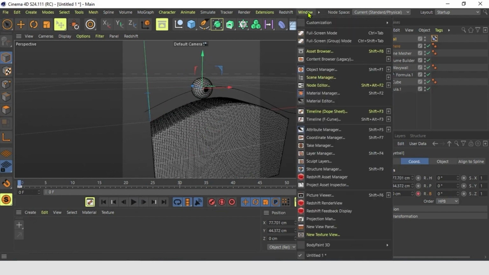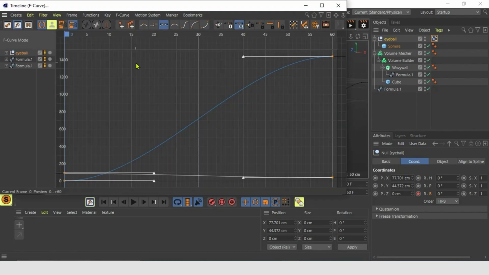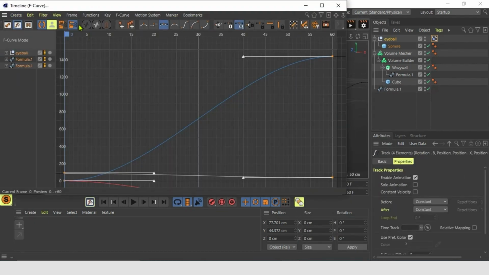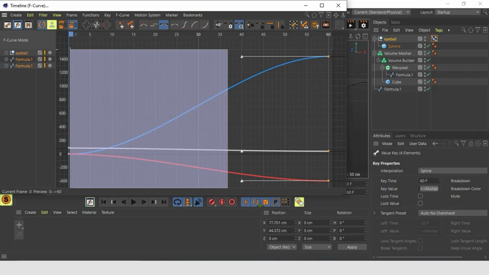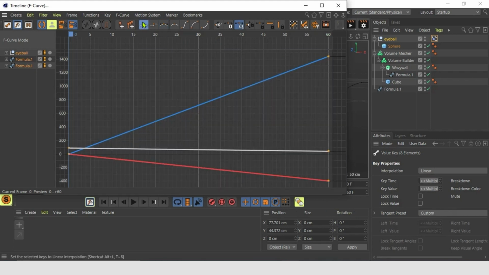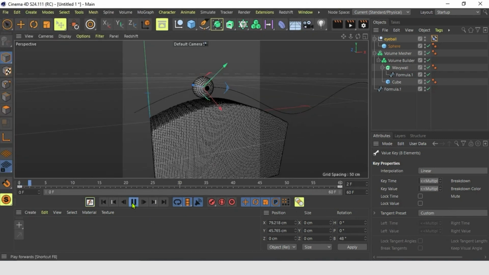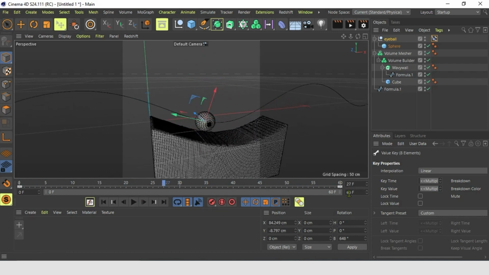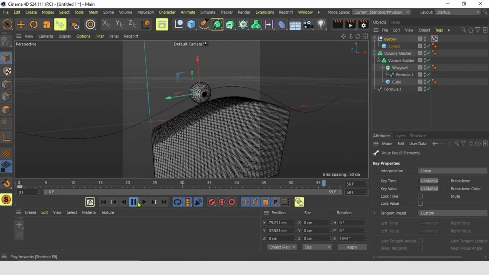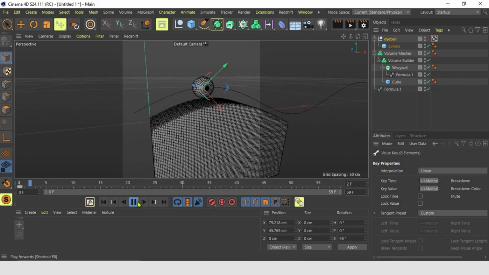So we go on Window, F-Curves, select all and make it linear. And that's all. Now we have a nice movement that just continues. Let's put it to 59 so it is even smoother. And this is looking already very good.